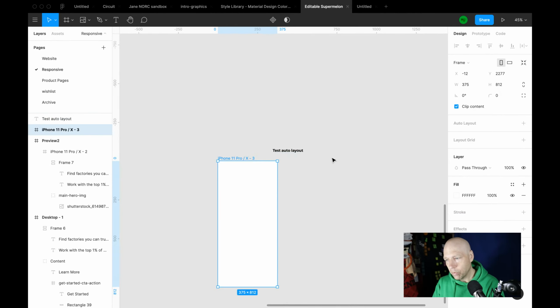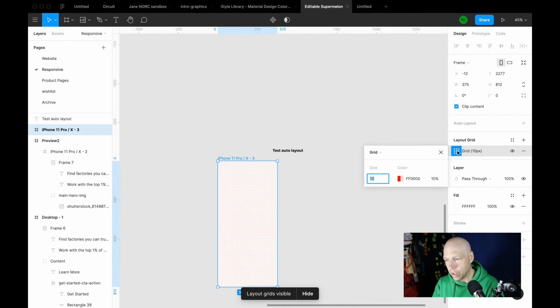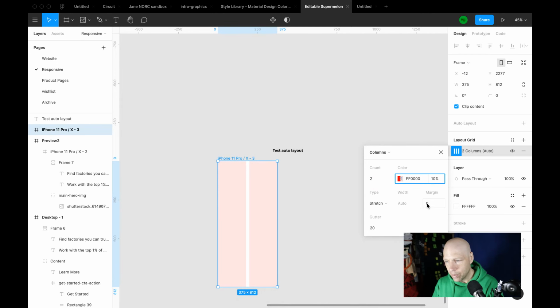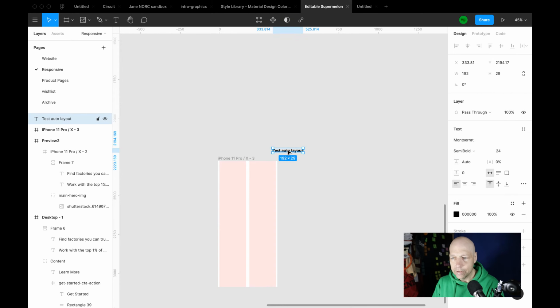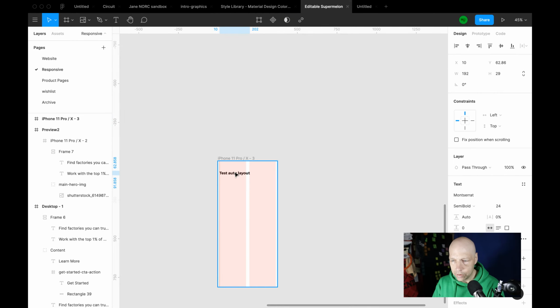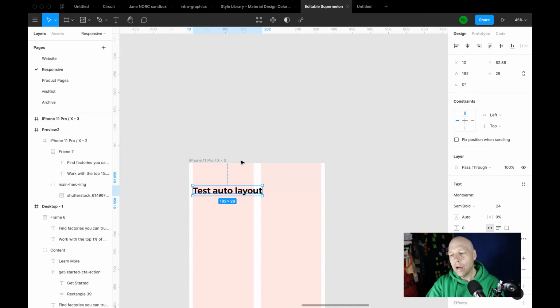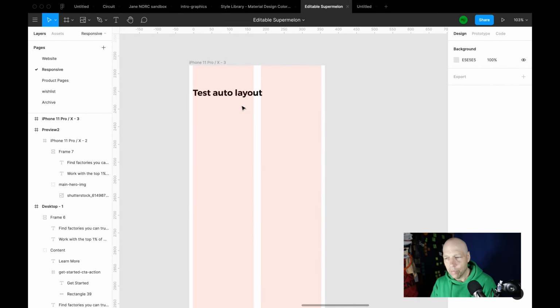And again, this is a good point actually to begin looking at that grid question that Rebecca had. Let's lay down a grid. We're going to say the size of this is 2. And actually, let's do columns 2, and it's going to have a margin on each side of 10. That gets us to a point where we can begin to just drag this stuff in. We're going to test auto layout, and then we're going to